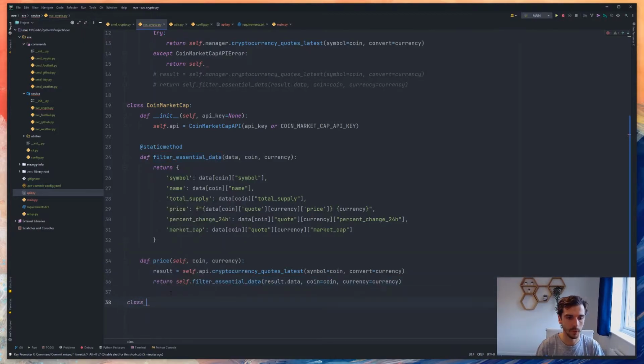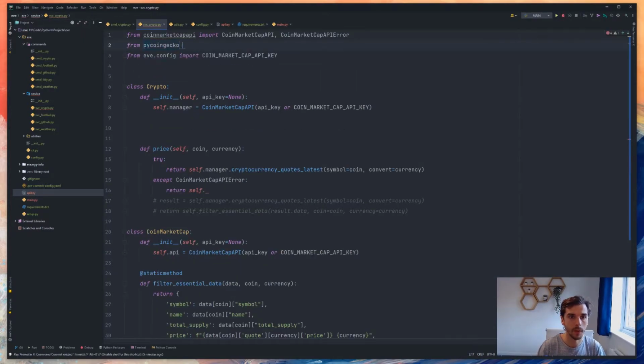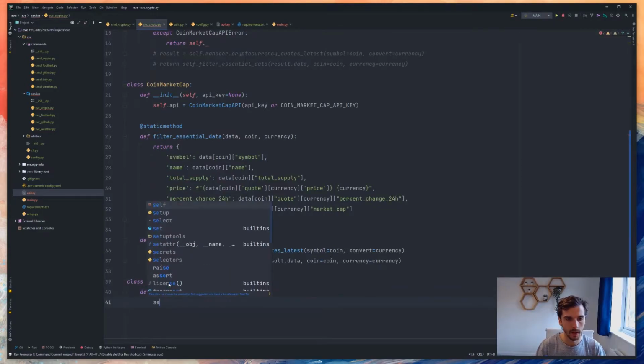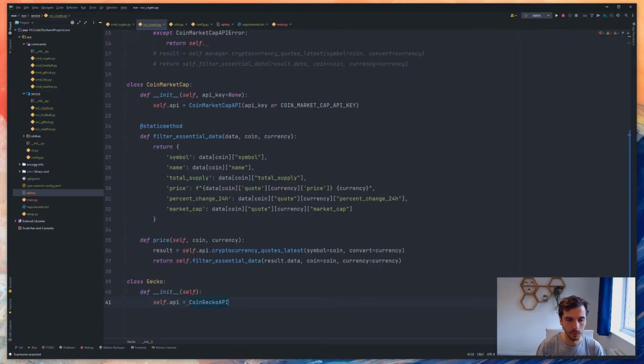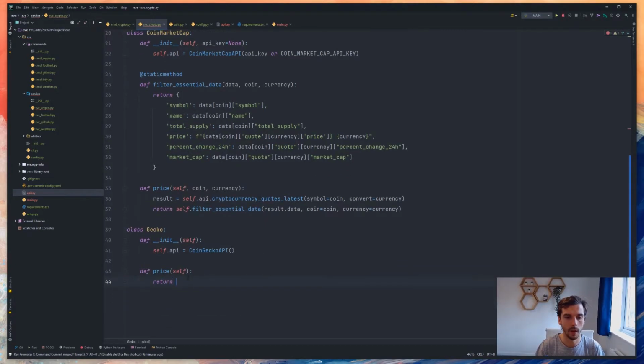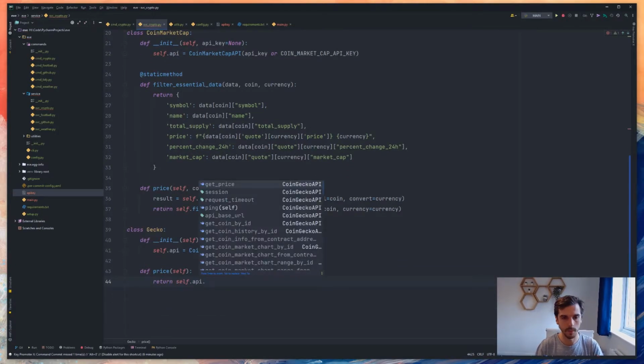I'm going to make another one called CoinGecko, import CoinGecko API. So this one's going to be called Gecko, just Gecko. Again, self.api is equal to Gecko. What would be nice here is to have some funky little factory class, but I'm not going to do that for the meantime. And this is basically also going to have a price, and we're going to use that method in order to